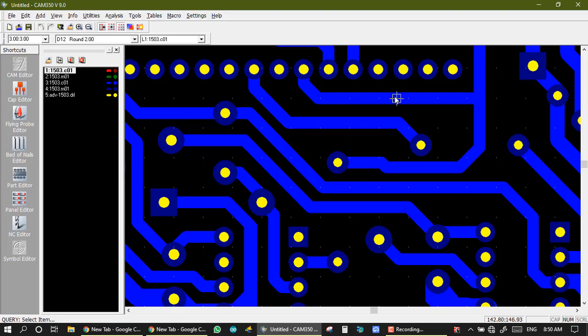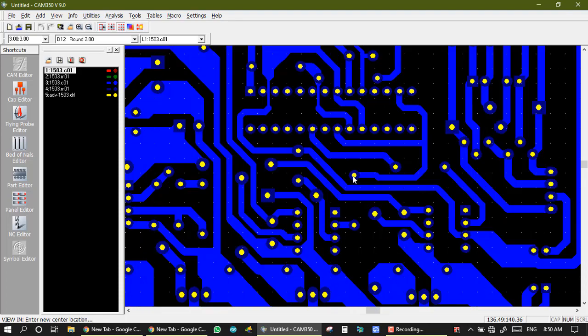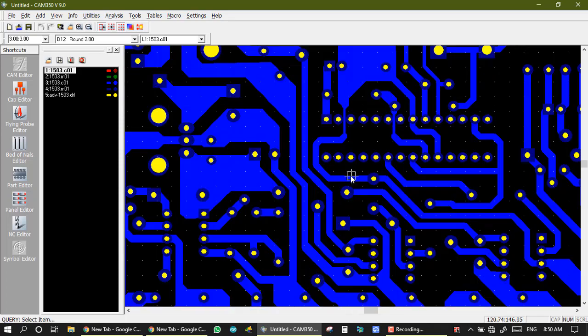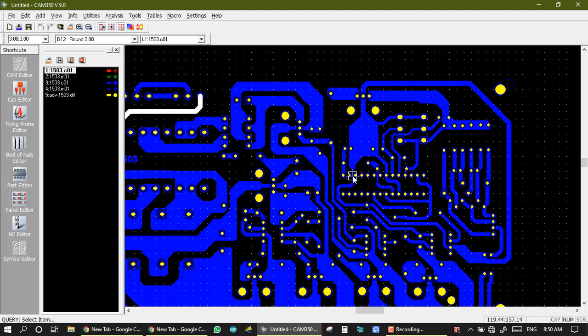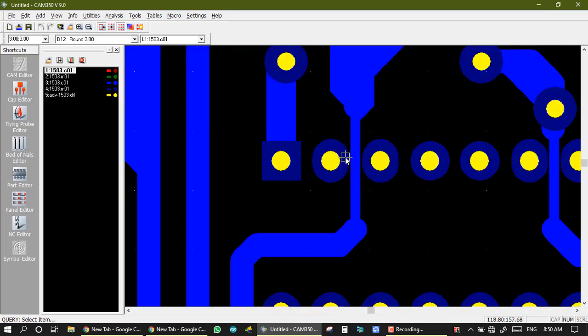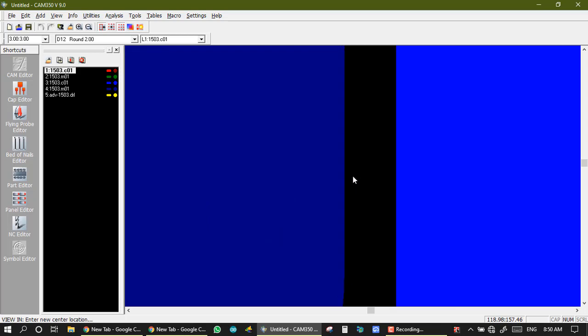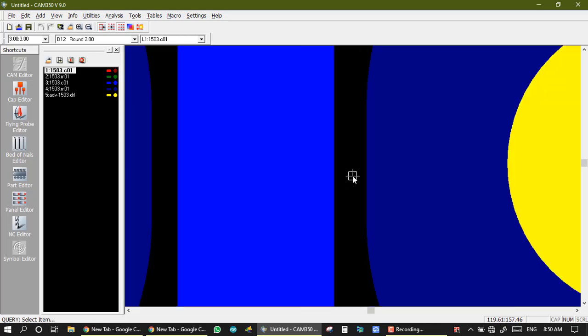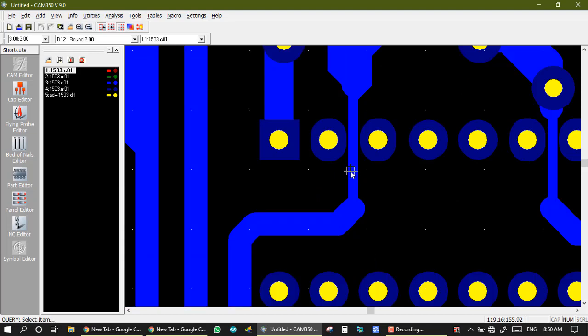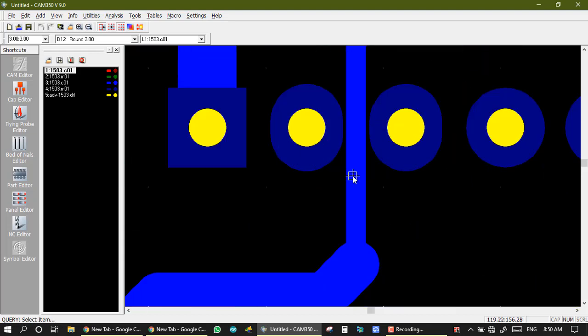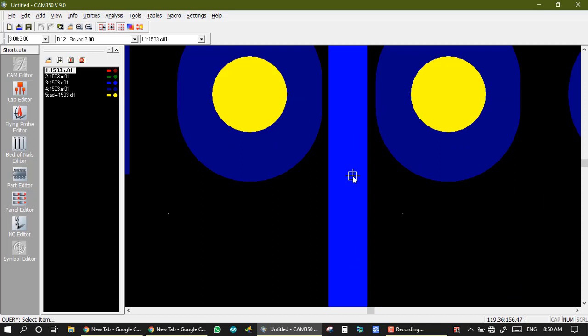So if we get any Gerber from a customer, first we check all these tracks. Here the distance is very low, here also very low, and this decode is also small. Visually, I don't know the size of this decode.